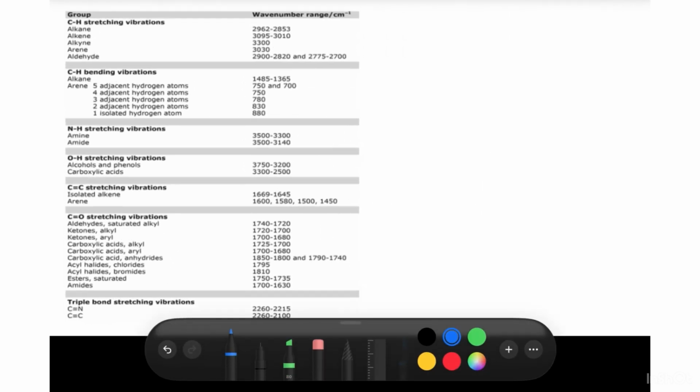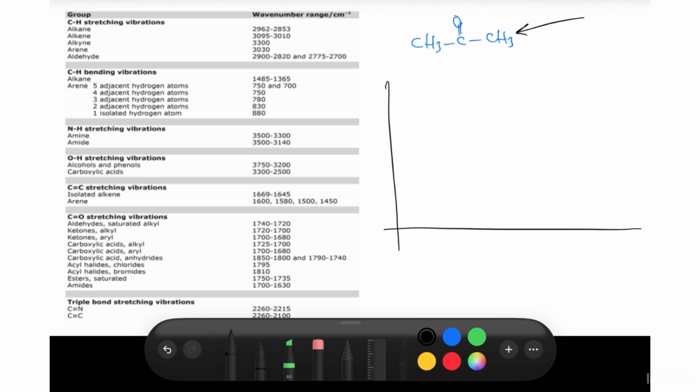For example, if we have a compound like CH3, C double bond O, and CH3, how does the graph look like if we have this compound? Let's draw the IR spectrum. You don't need to draw the IR spectrum in your exam, but I like to start from scratch in order to explain that. First of all, we can see that we have a C double bond O in here,